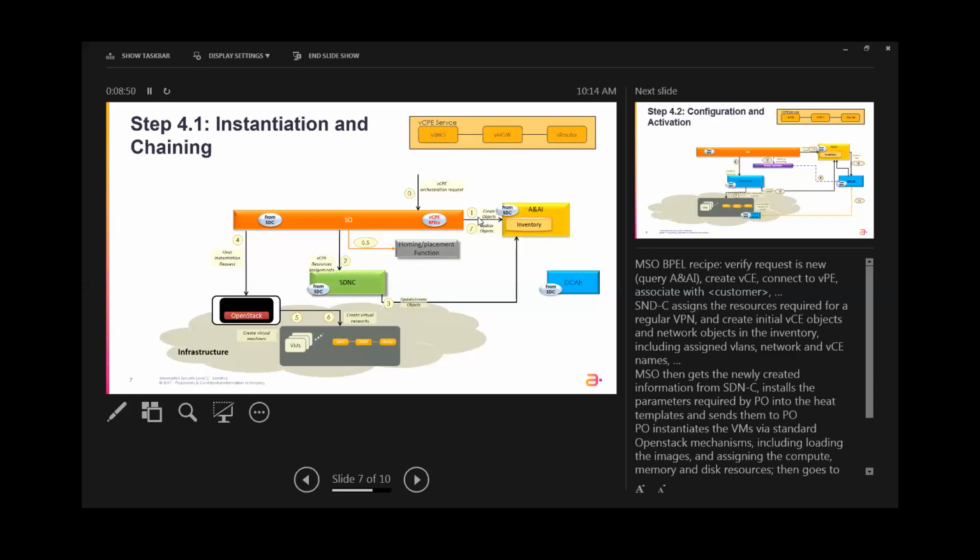You create a customer object if it doesn't exist, and then there is a step to do resource assignment. Now, in ONAP today, it is mostly empty because different operators might have different ways of doing the assignment. For instance, if it's an IP assignment, maybe this service requires a few IP addresses. So there is some system at the operator that,